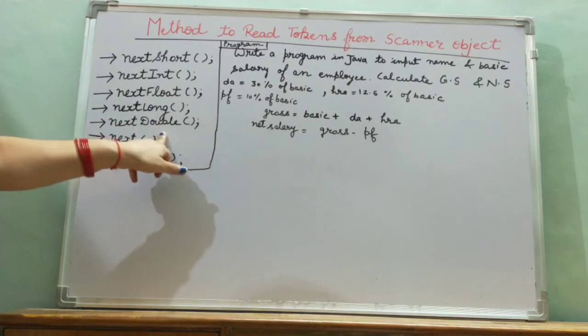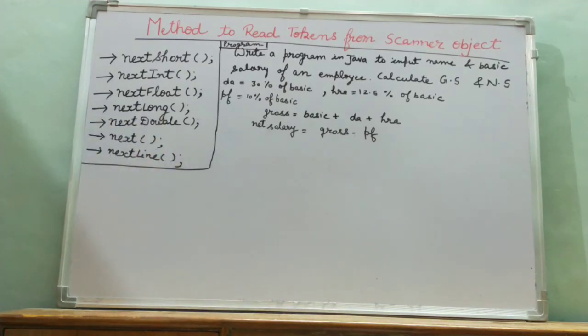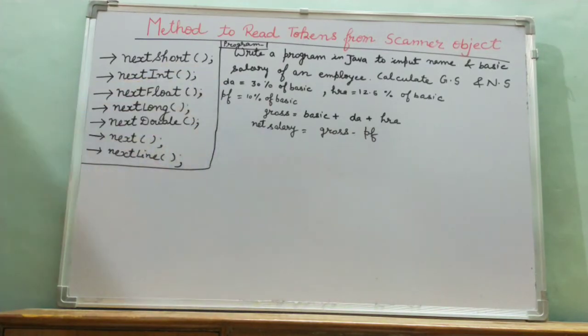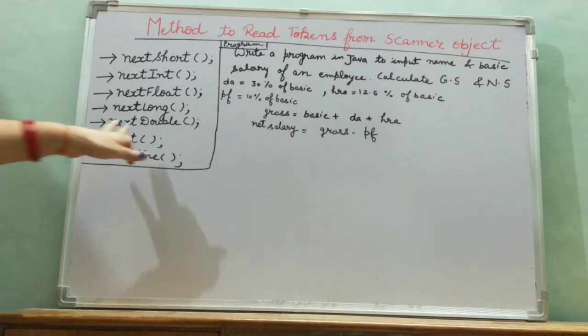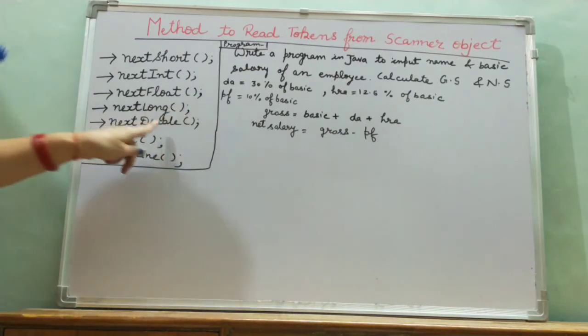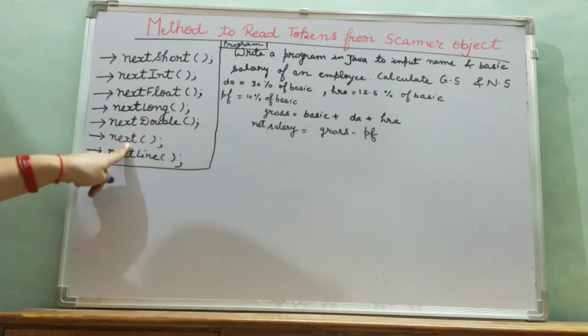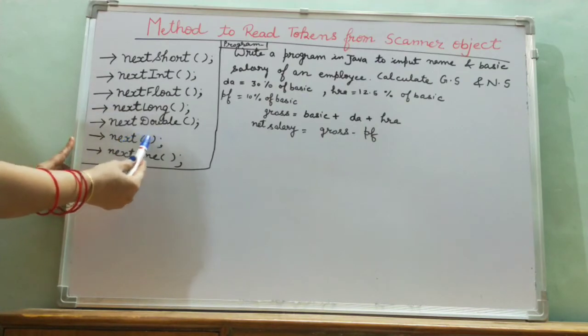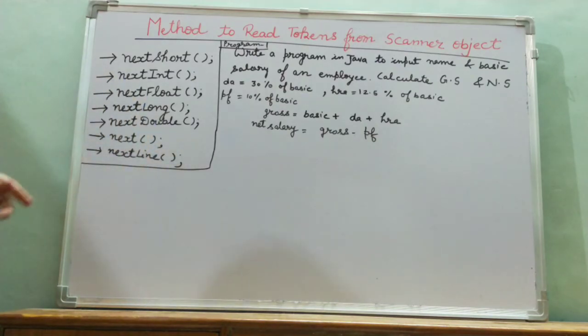For a floating value, meaning a decimal or fractional value, which method can we use? nextDouble() and nextFloat(). The nextFloat() method is used for storing short values, and the nextDouble() method is used if you want to store a decimal value with a large number. And if we want to store a string, then we can use only next();.